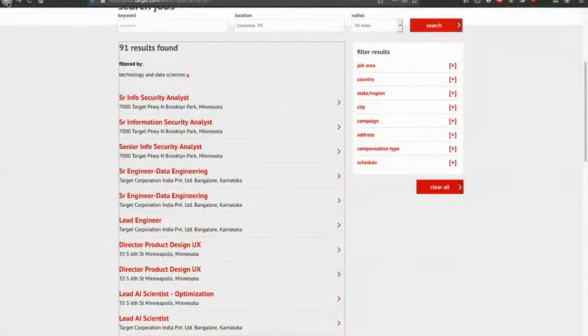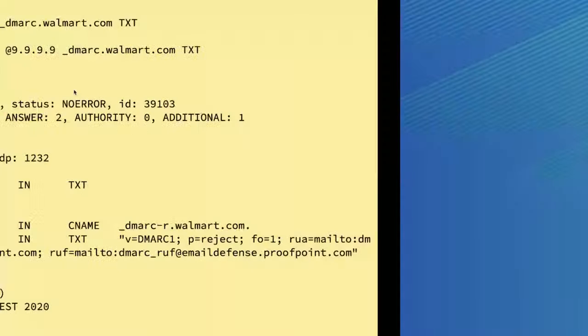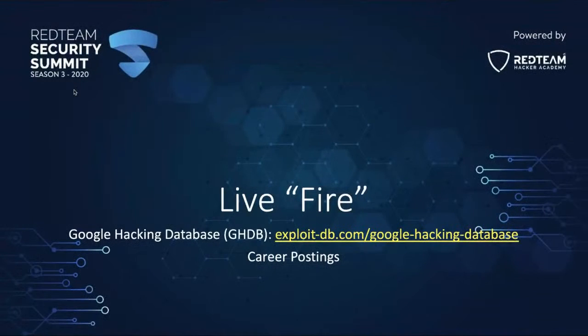But some organizations, I have seen career postings where they say, I'm looking for someone with experience with Oracle ERP version 12.2.5. And once I see that version, I immediately hop over to Exploit DB and boom, there's a method of entry. So with that being said,